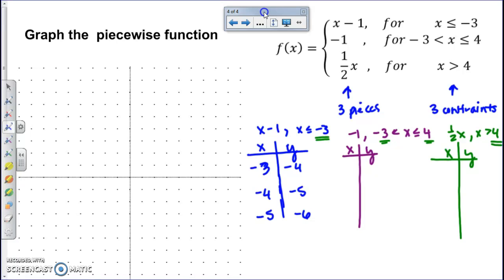So for the purple piece, x has to be between -3 and +4. So again, we're going to have to choose that starting point of -3. When we graph this, it will be an open circle, not a closed circle, because you can see it is strictly less than. If you choose x as -3, then you will find that y will be -1. And now choose x-coordinates that fall between -3 and 4, because that's what this rule says. It says x has to be between -3 and 4. So choose